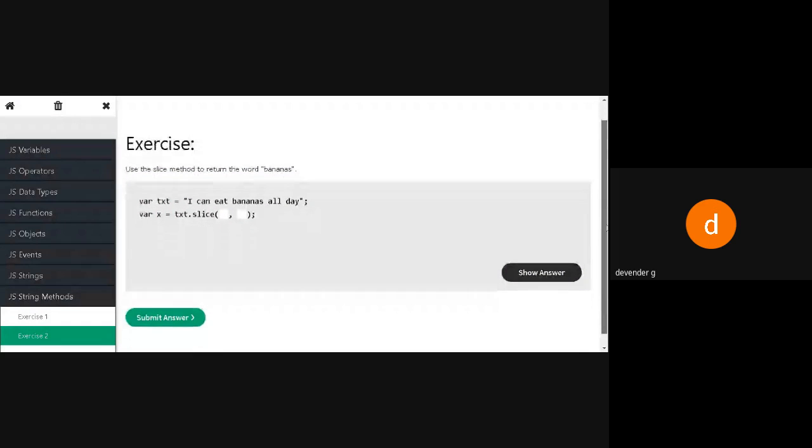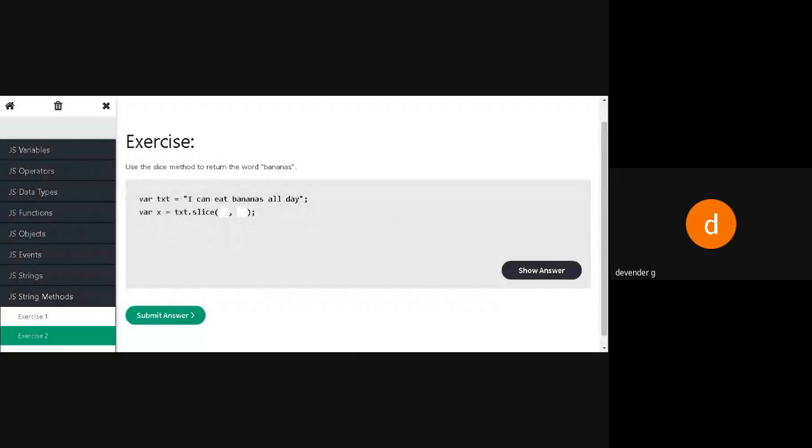Now next we will be seeing something called slice. I want the banana to be split from this message, so it should be cut. We have to count the number of letters from here. Starting from where you want and how many letters you want, you have to specify.